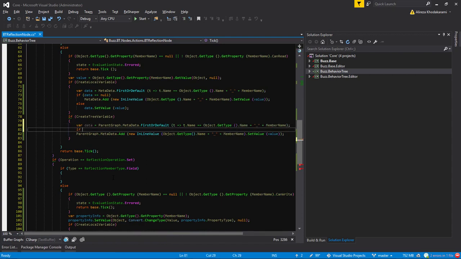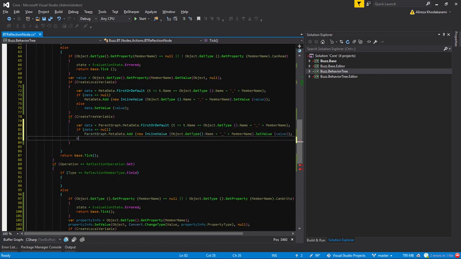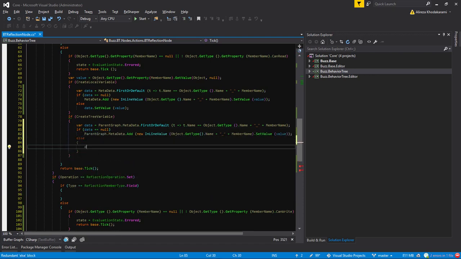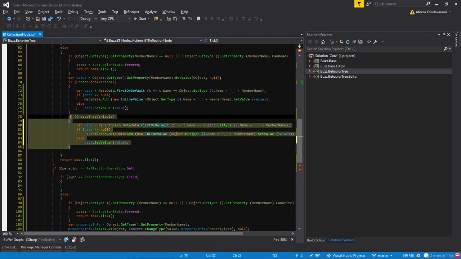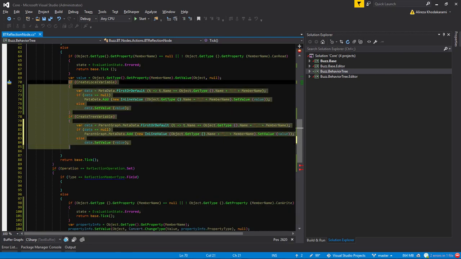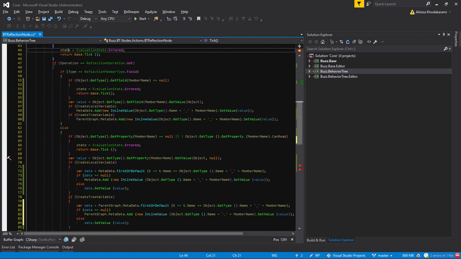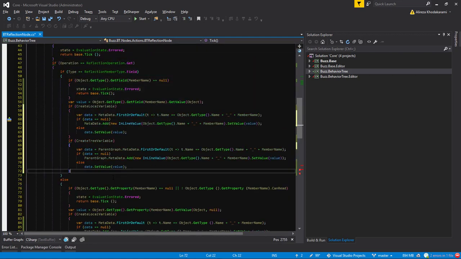So if data equals to null, do this. Else, simply say data.setValue with value. So I now need to get this whole thing and paste it here, replace it with the other situation that we had,